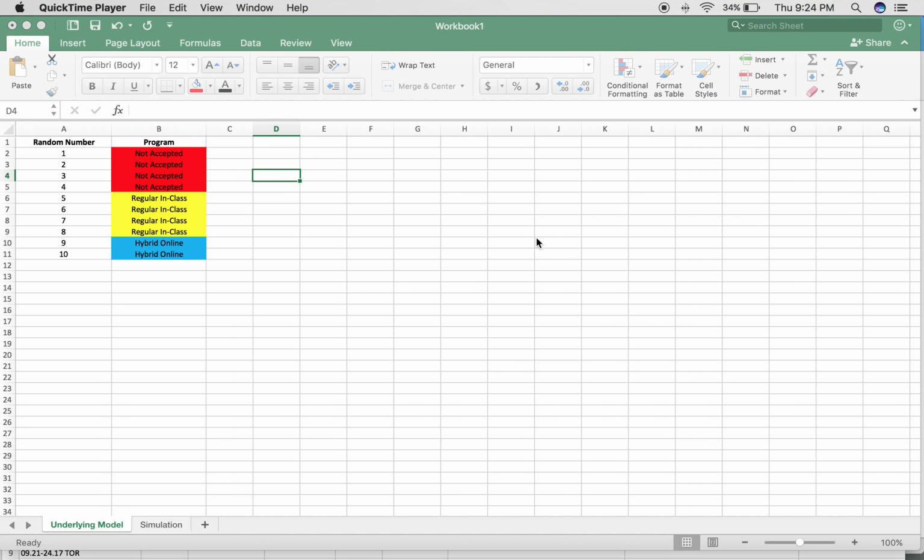Week for my simulation, I decided to do something that I just thought would be interesting to do. I mean, it's not really a real life thing, and I didn't want to do M&Ms out of a bag, or I thought about doing those bath bombs that have the rings in the middle of them. I don't know. So I'm in the middle of my grad school applications, and I was thinking, okay, so